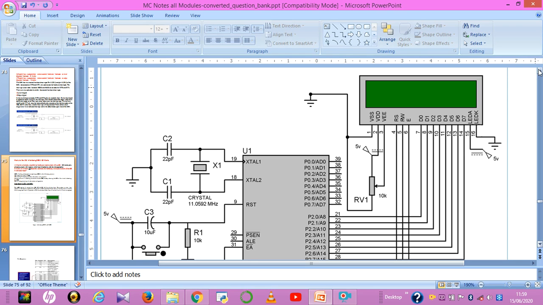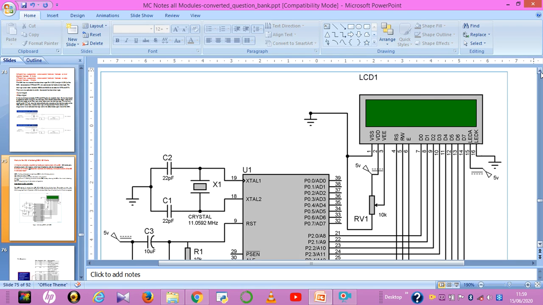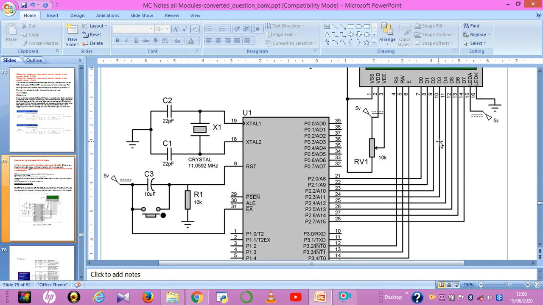So here, LCD1, these are the pin numbers. The first pin is connected to ground, the second is connected to VCC with a resistor to limit the higher current. Next one is the potentiometer, that is ground, VE, RS, read, enable pin, and a total of 8 bits you are going to transmit to the LCD screen. Next LED-A and LED-K, which are connected to VCC and ground to give the power supply, and all 8 data pins are connected to your port pins 21 to 28. Port numbers I have mentioned.